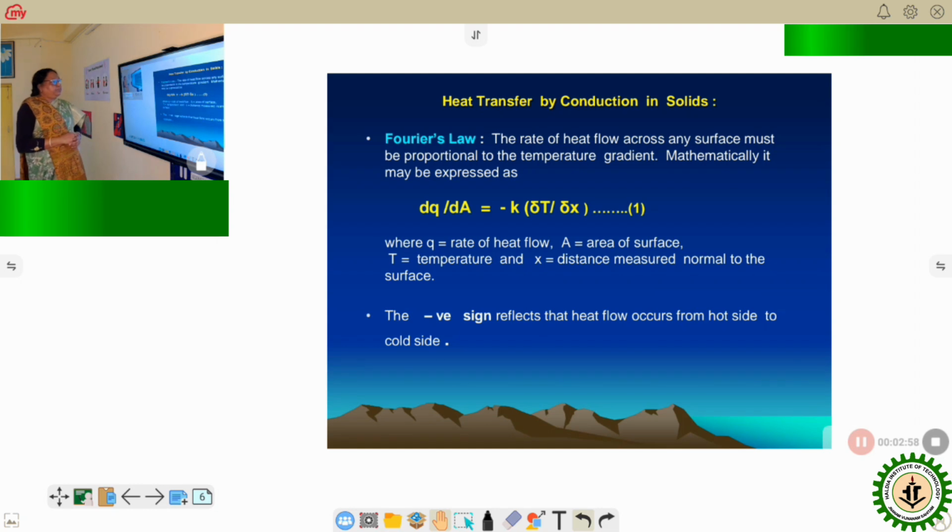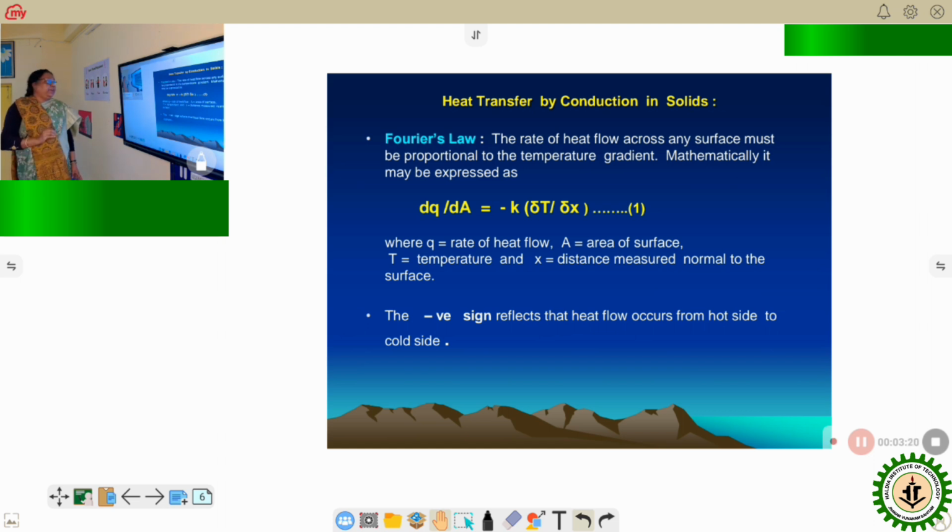Today we are going to discuss about the heat transfer by the conduction in the solid. According to Fourier's law, the rate of heat flow across any surface must be proportional to the temperature gradient. And mathematically, it may be expressed as dq by dA is equal to minus k into del T by